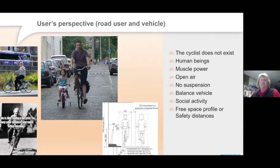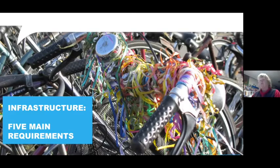Well, cycling is in the open air with no suspension, no balance. So you can translate that to infrastructure. What facilities do you need? You need a smooth surface, you need direct routes, etc. So I come to the requirements based on the bicycle and the cyclist. If you want to design for the cyclist and the bicycle, then you need to keep in mind these 5 main requirements: